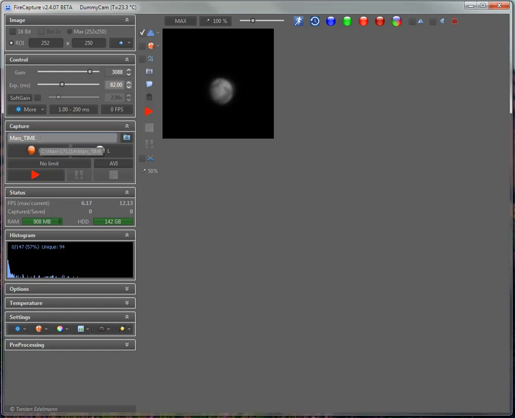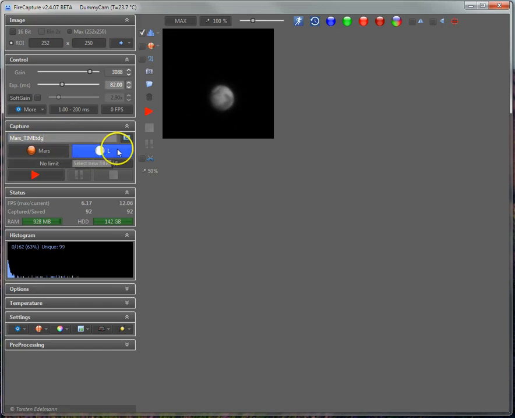Typically FireCapture does an automatic file naming on your recordings. There is a time name pattern over here, so it will just replace the time with the starting time of your recording when you press the start button. So when I start capture, you see now it changed the time here, inserted the time of the recording. You also can manually insert any file name you like, but I recommend using the automatic time stamping,